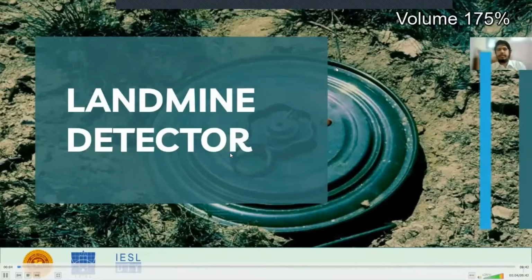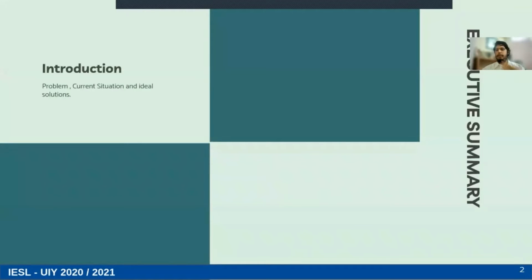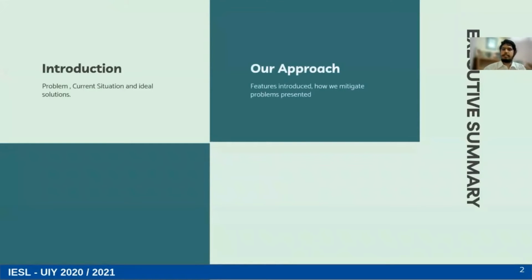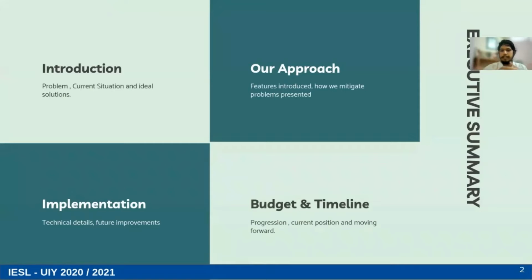This is the project presentation on our project Landmine Detector. In this presentation, we'll be focusing on the problem we are trying to solve, the current situation with it, and what an ideal solution would look like. And we'll discuss how we approach the problem, the features we introduce, and how we manage to mitigate problems presently. And then we'll dig a little bit deeper into the project, talking about technical details and future improvements. Finally, we'll talk about budget and timeline to get an overview of where our current progression is at and where